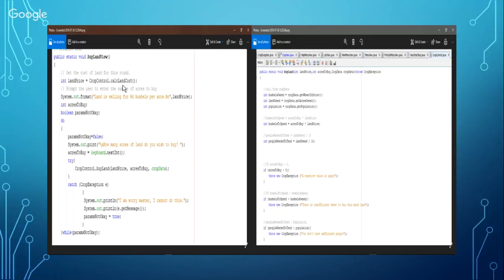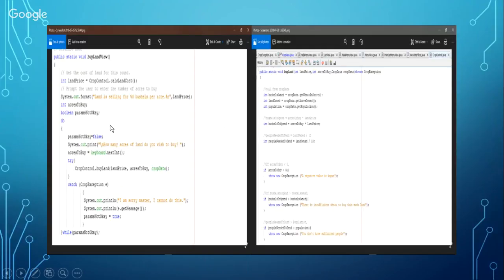This is another program that runs when this method is called. After I have the string that holds the price of the land, I create the integer acresToBuy, and then